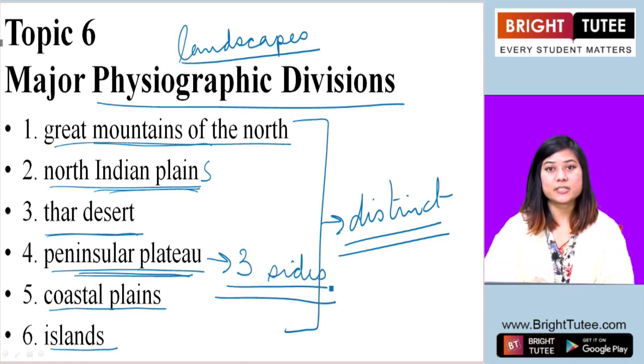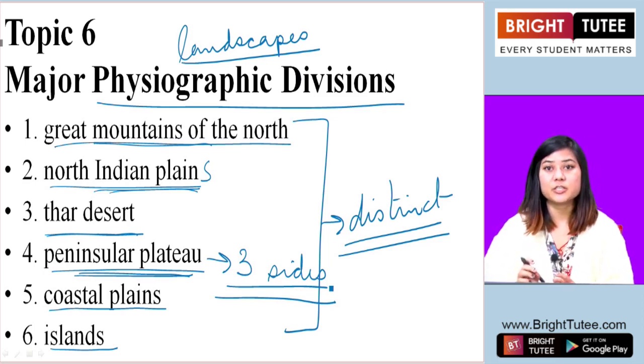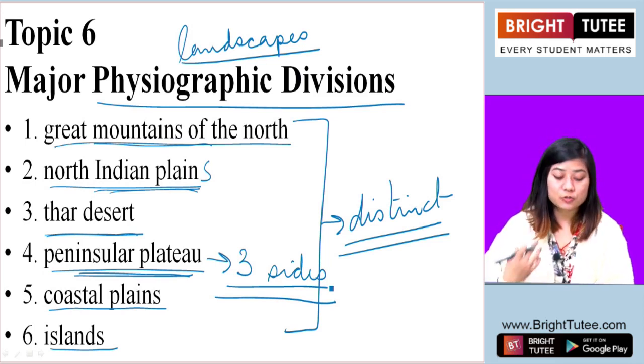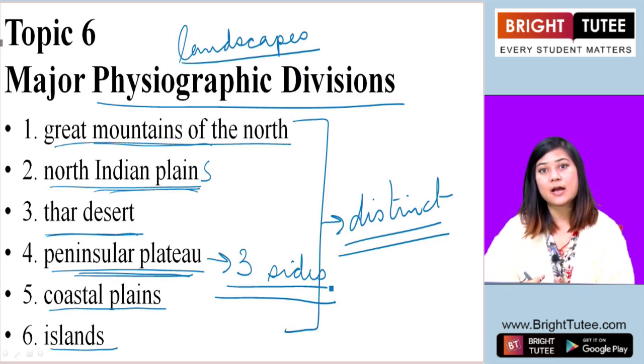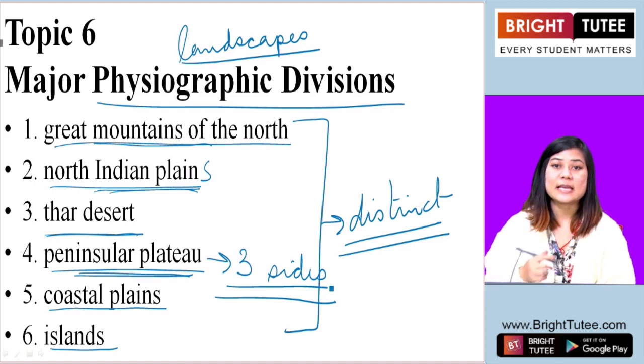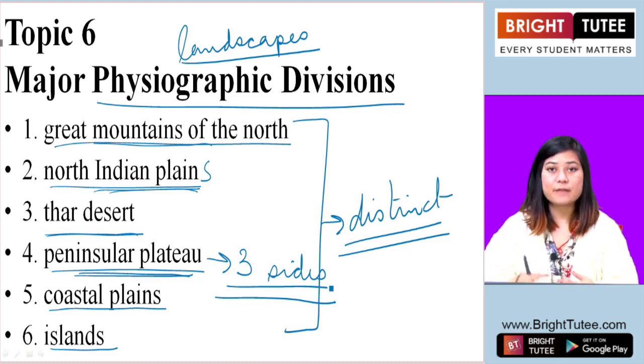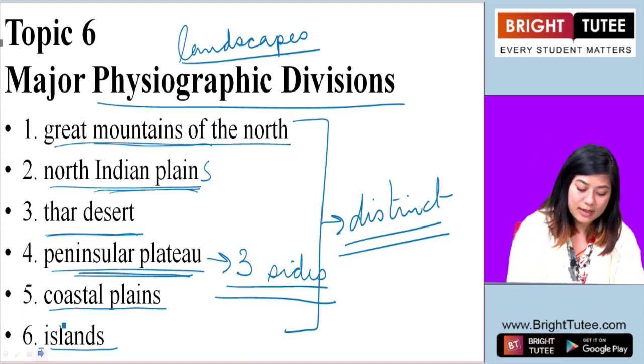In the earlier sections, we have gone through this term, peninsula, where I told you that a peninsula is a peninsula only when the land mass is surrounded by water on only 3 sides, not on all sides. If the land mass is surrounded by water on all sides,